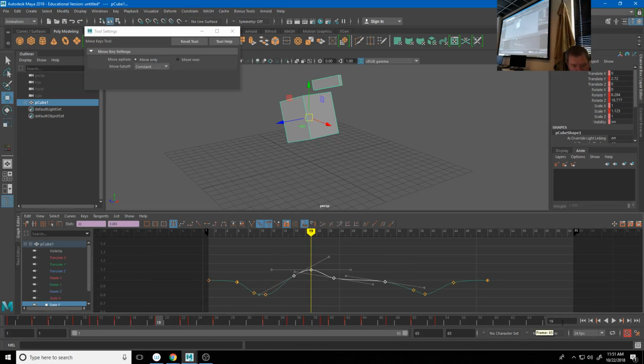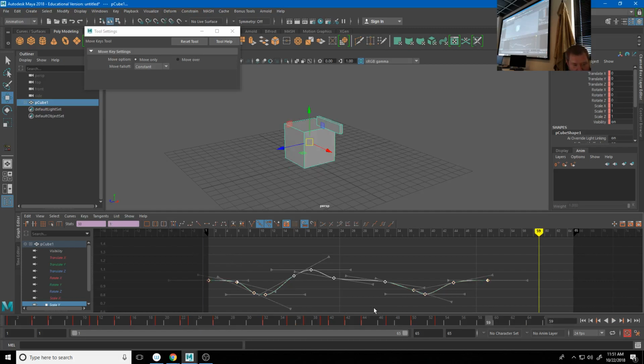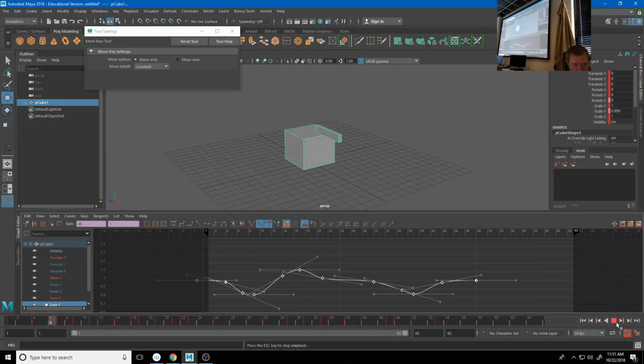So it'd be roughly like that. So what I get now is that, right? I can make that happen maybe a frame or 2 earlier, right? That way it feels like